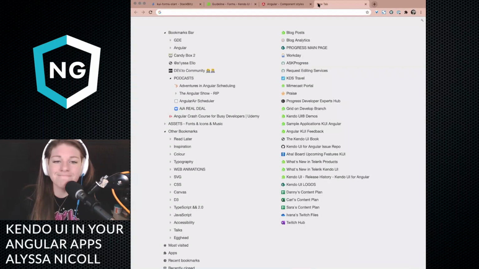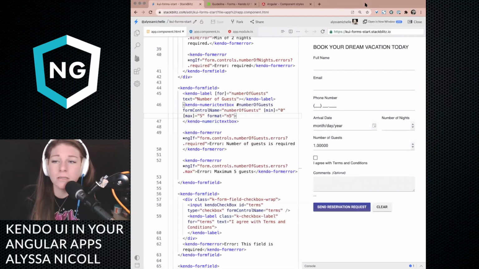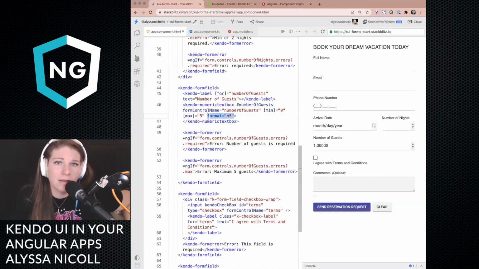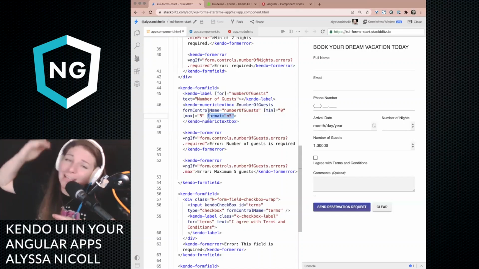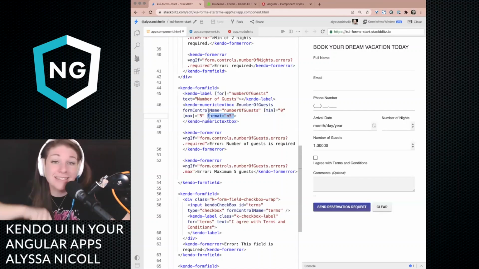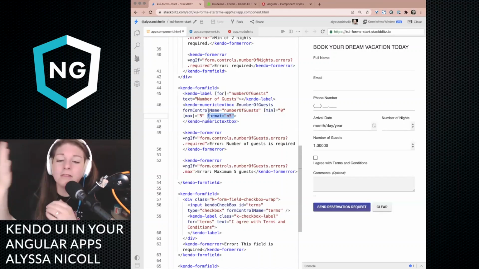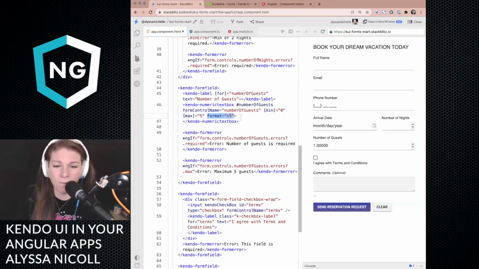And I've spent so many hours of my life building out forms, and just the ability to have this formatting built in and to be able to utilize it. I know it's simple, but it's all of these super simple features piled on top of each other that stay up to date with the latest Angular that make it so incredibly valuable.